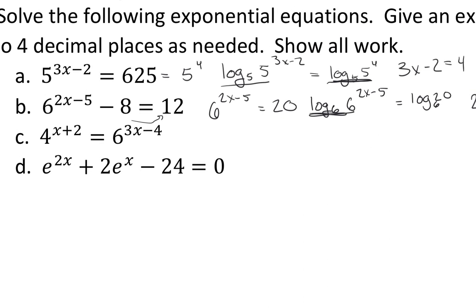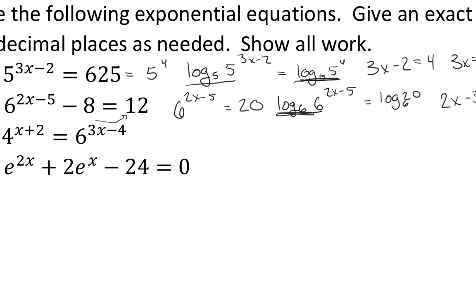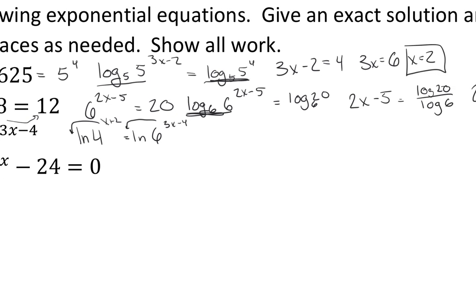Question C. We have that. So for part C, we are just going to set each side equal to the natural log. So we'll have the natural log of 4 to the x plus 2 is equal to the natural log of 6 to the x minus 4. So we can move these forward. Equal to x plus 2 times the ln of 4, which is equal to,